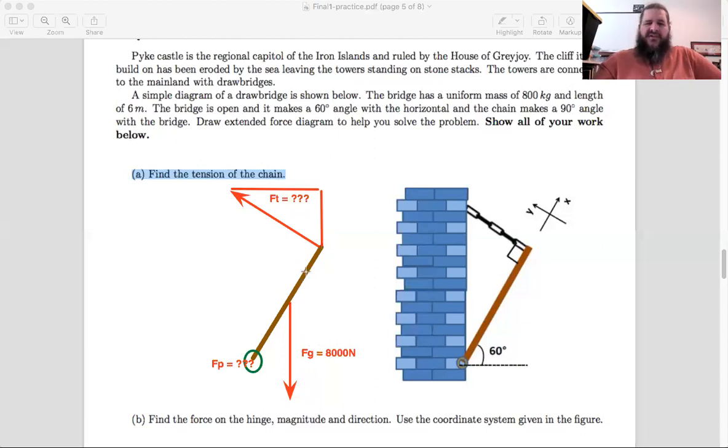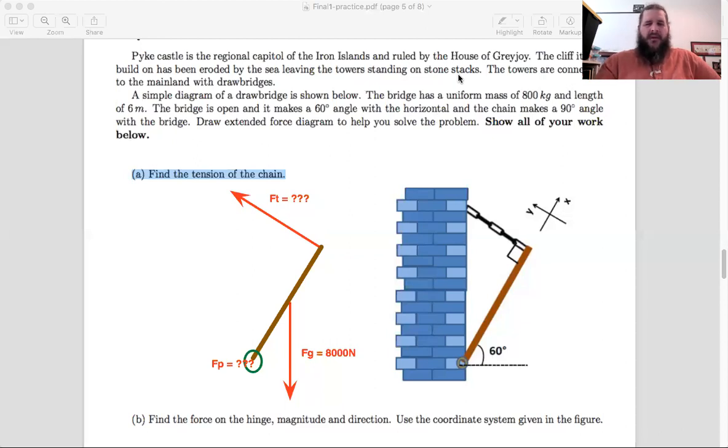The fact that the drawbridge is not accelerating means there's some other force holding it in place, and that other force is from the hinge itself. So the hinge is just providing whatever other force is necessary to keep this object rooted in place. And that's typically what a hinge or a fulcrum or a pivot point in general does. The pivot is going to provide whatever force is needed to keep this object from accelerating, making everything add up